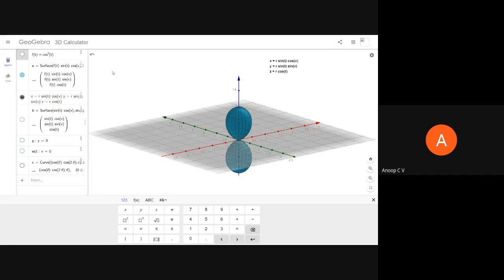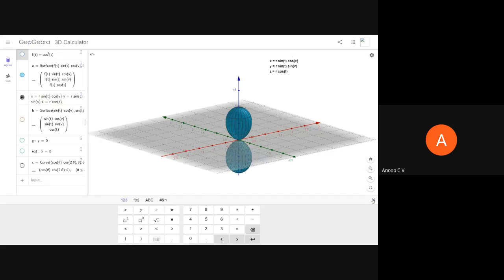If it is 3 cos square theta, the maximum value of the field will be 3. You divide it by 3, so you will get cos square theta. If it is 0.4 cos square theta, you divide it by 0.4. Once again, you will get the maximum to be equal to 1. So that is something which you have to be very clear about. Then only you will be able to appreciate the remaining part, right?